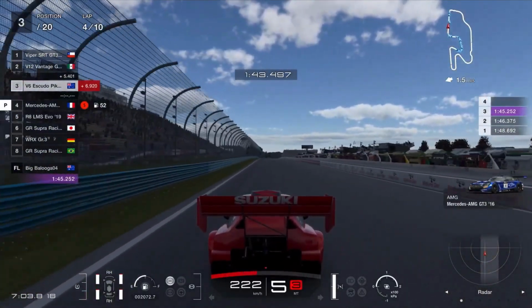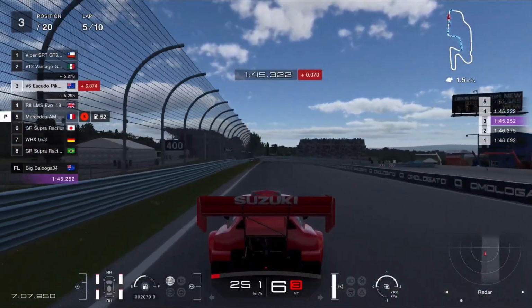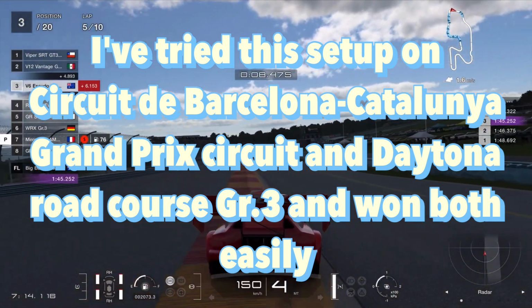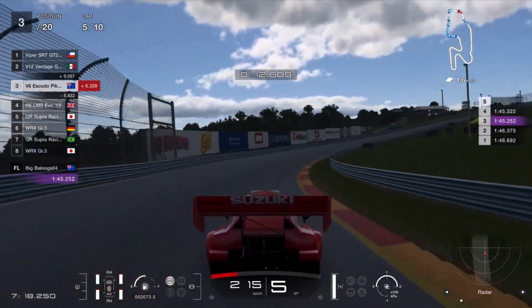This thing handles phenomenally. I wonder how it'll handle in other Group 3 events, because it's doing so well in this one. And the Merc has pitted, so I actually want to know how well this will perform in other Group 3 events. No, I don't think it'll be quite fast enough to perform in Group 1,